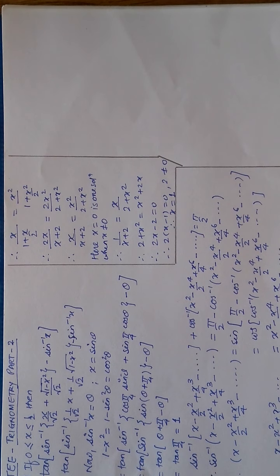Now here the question does not have any condition, or probably I might have not written it, but if there is certain condition, then the condition may be that mod value of x is greater than 0 or less than something. So that time this x will not come as 0, that time only one solution will be there, x is equal to 1. Now let us move to the next question.